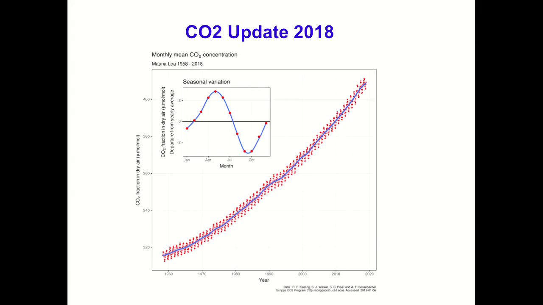And you'll notice this zigzag pattern here, those are the seasonal variations. And you'll notice the amplitude doesn't change very much over the entire period. Remember, this is in the Northern Hemisphere. So that's a natural variation, a natural annual cycle, but it's the blue line, the trend, that we're more concerned about.